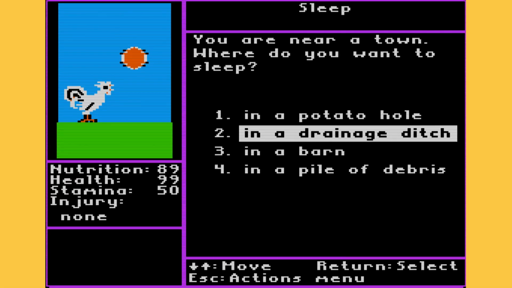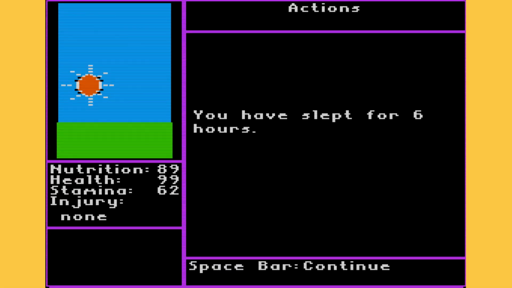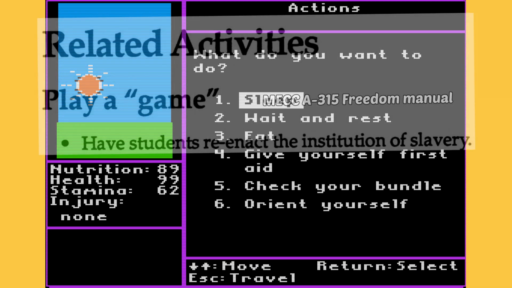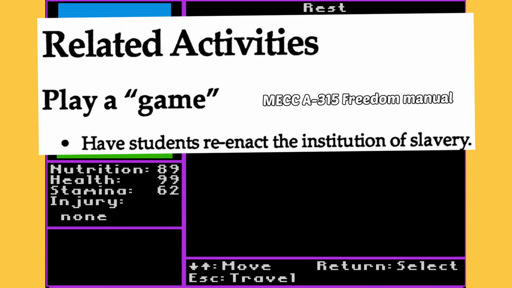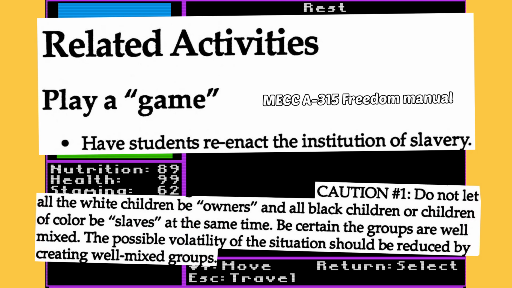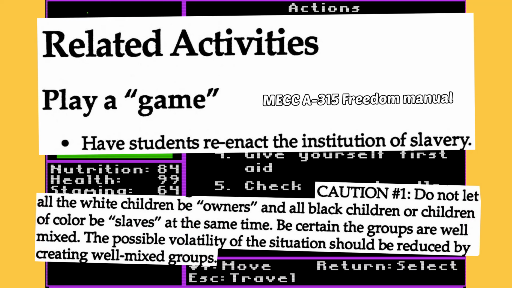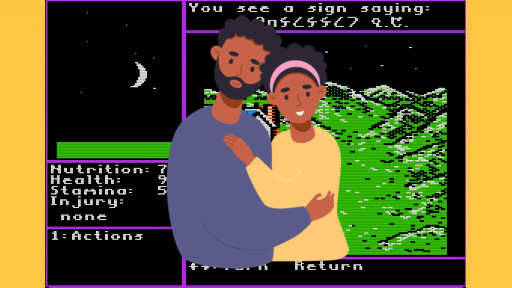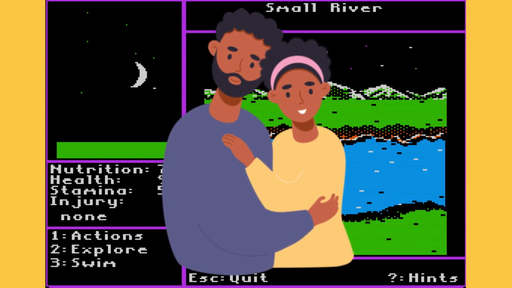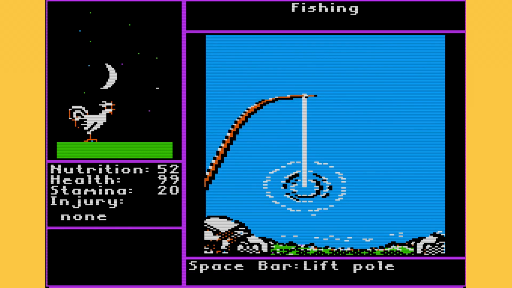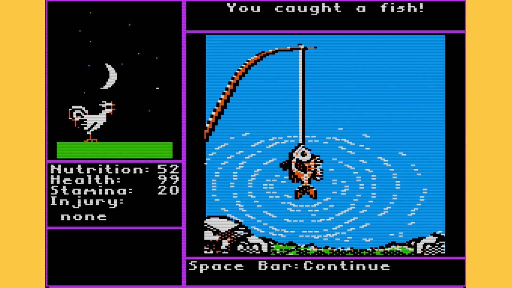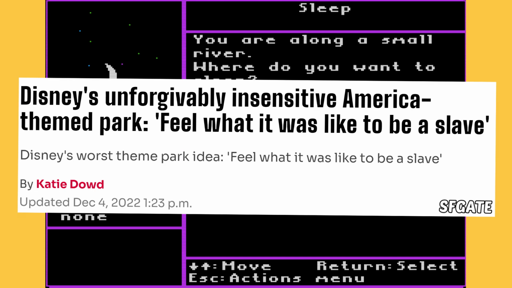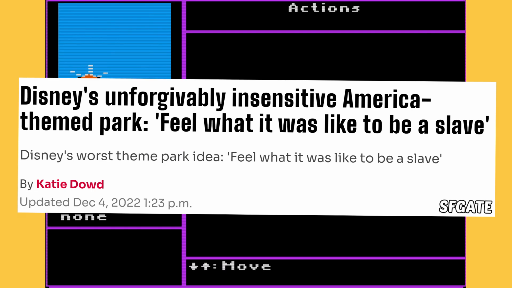Would things be different here if teachers followed the manual and used freedom correctly? Well, considering one of the suggested activities is to reenact the institution of slavery, even if the instructions urge teachers not to separate kids by race, I still think the odds that those reactions would have occurred, if not here, somewhere, were pretty high. I do maintain that the ideas Mech had for this could have worked with a little bit more time in the oven, and there are certainly worse ideas one could have in attempting to make an interactive educational experience around slavery.